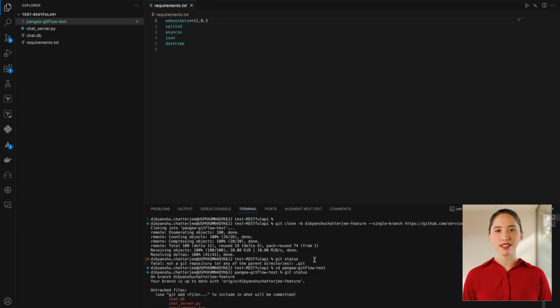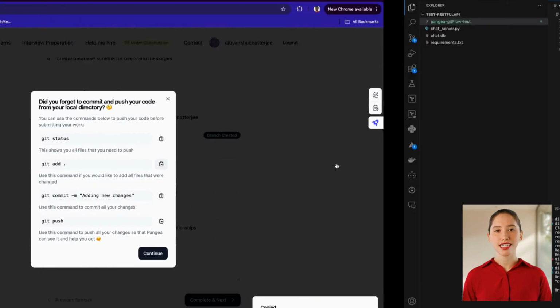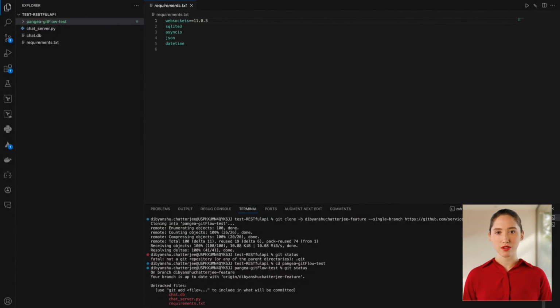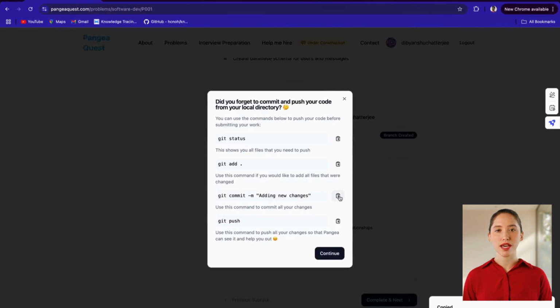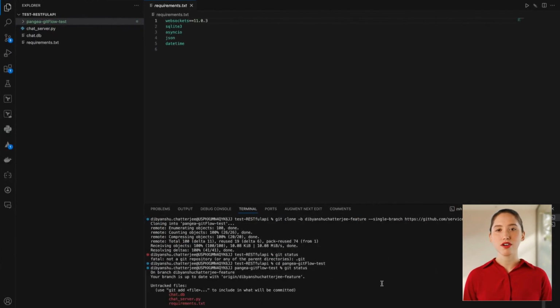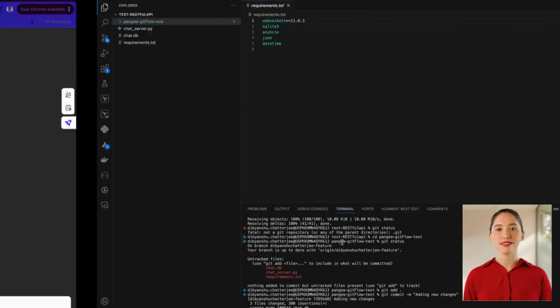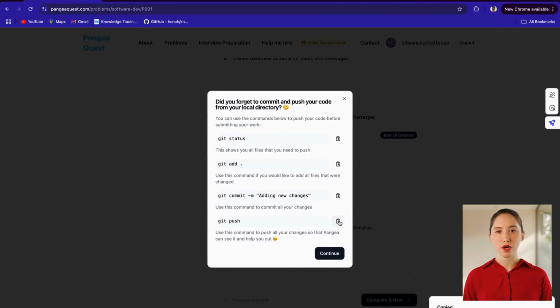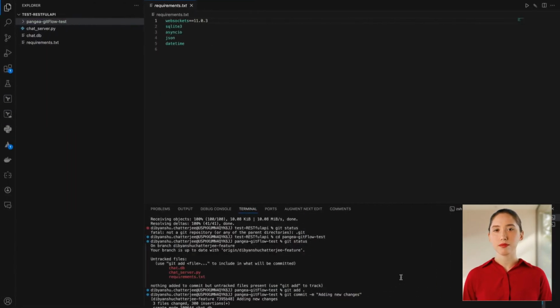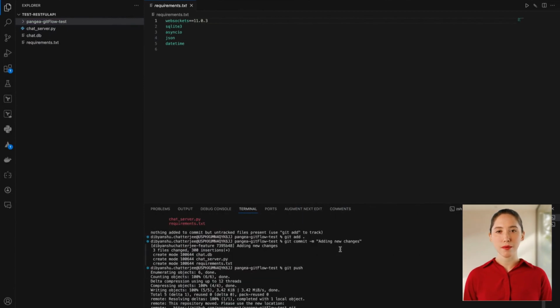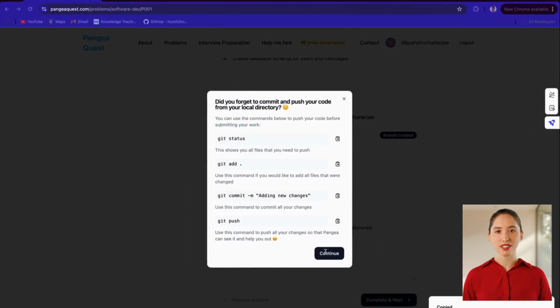And don't forget, understanding and using Git is a key part of real-world development, so remember these commands shown to you on the UI. Once you've pasted all the required commands into your terminal and successfully pushed your code to Git, you'll be ready to submit your work. At this point, the Submit Work button will become active, and this time it will actually let you complete the